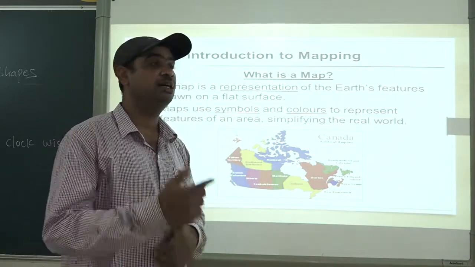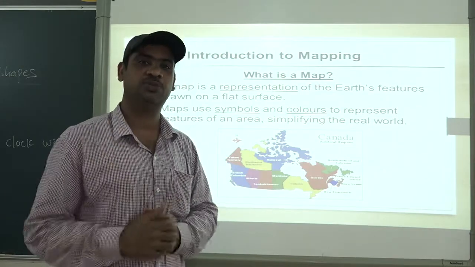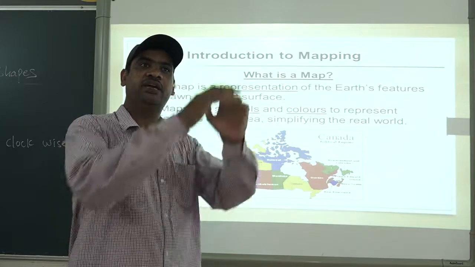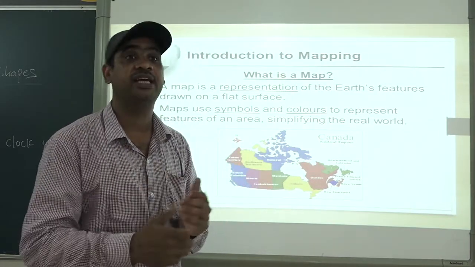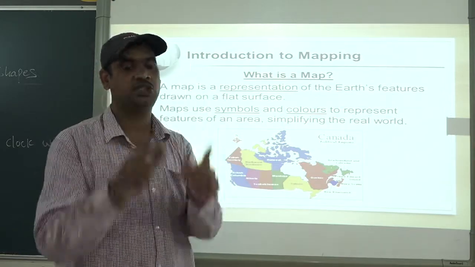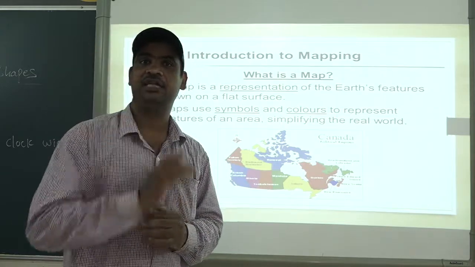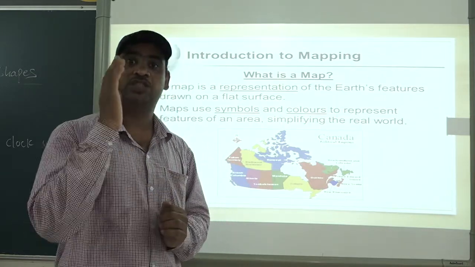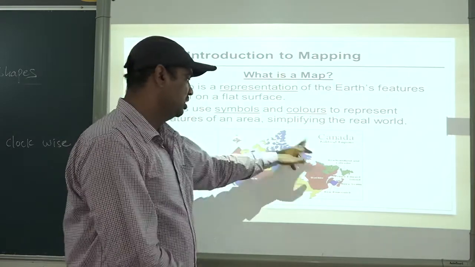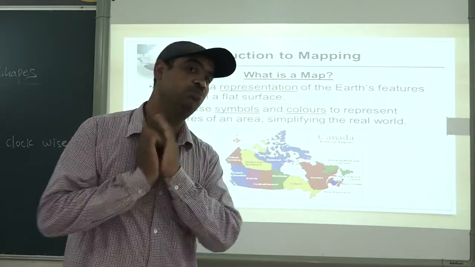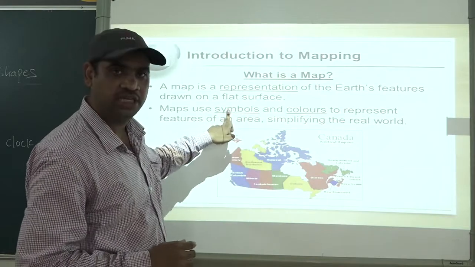Isn't it? For example, if you want to know where is the hospital and how I can go to the hospital. If he is looking at the map of a particular area, and there is a symbol of a hospital, that is a plus symbol, it can be identified where is the actual hospital. Isn't it? So symbols are important to know. If you look at the map of any part, you will find a symbol. You will find signs over there. So signs and symbols are used on a map.